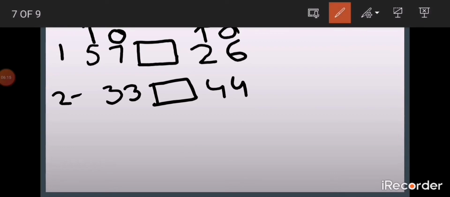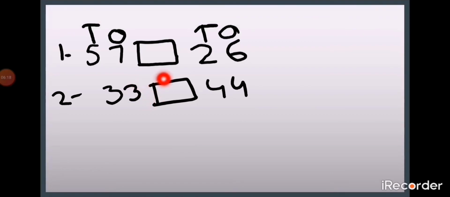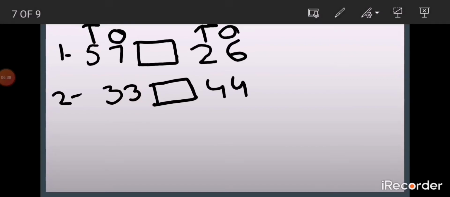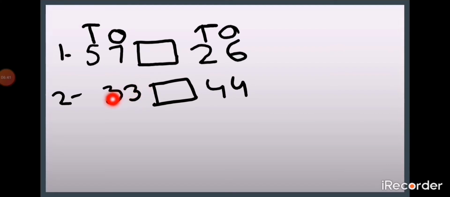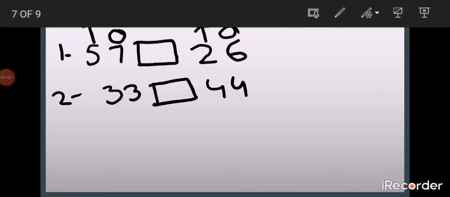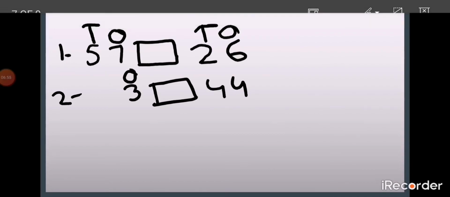So after making my second number sentence, again I will put the place value first. Please do it in this way. Please follow my pattern. It will be easy for you to find out how to make the number sentences and how to put the correct symbol. Now my first number is 33. Again I will put the place value. I will start from the right side digit, that is 3, and the next digit is also 3. On the right side 3, I will put O for ones. The next digit is again 3, and I will put T for tens. So this number has 3. Let me write it again.